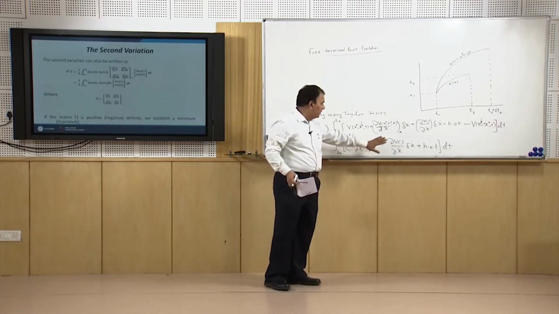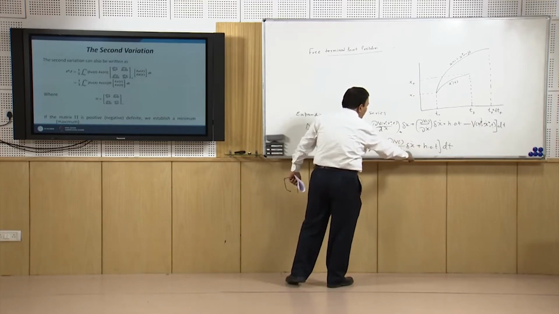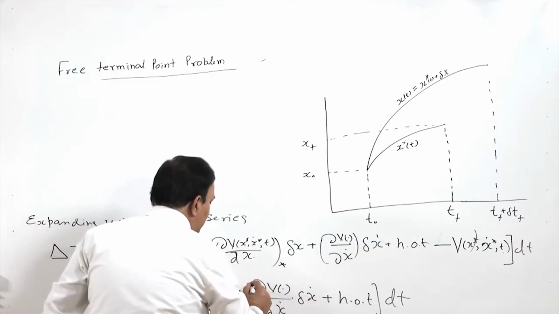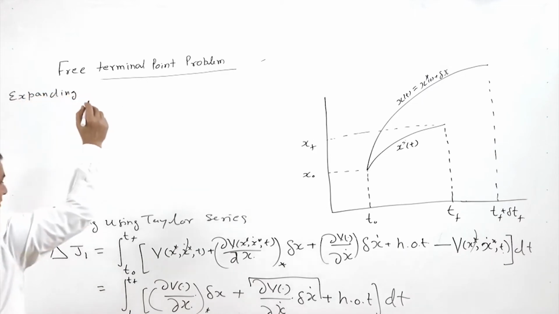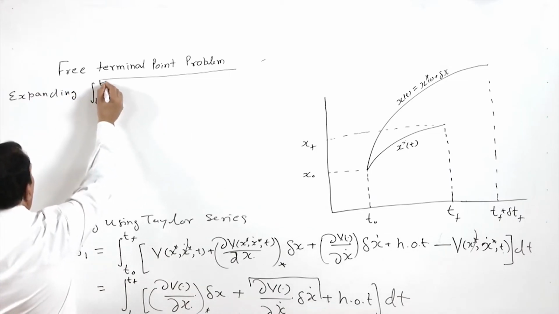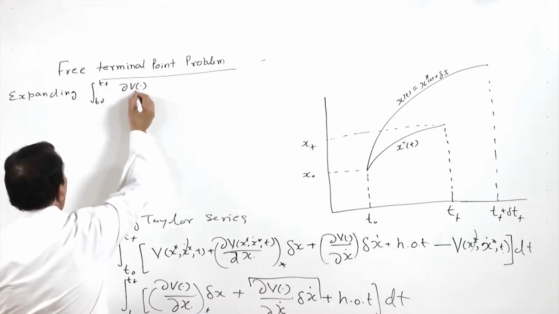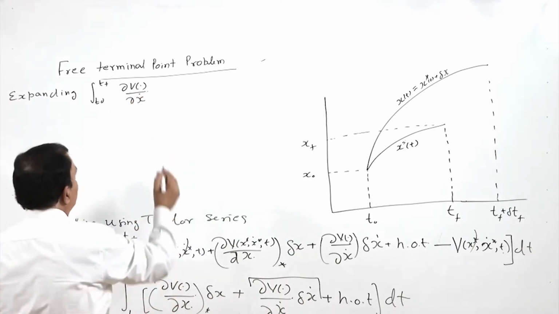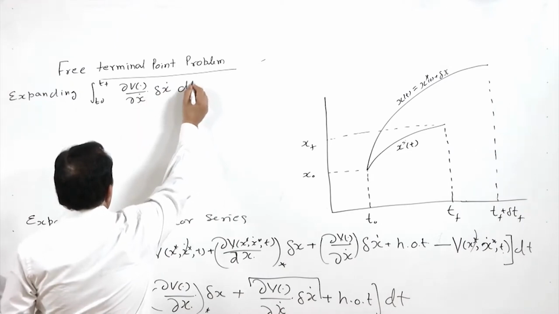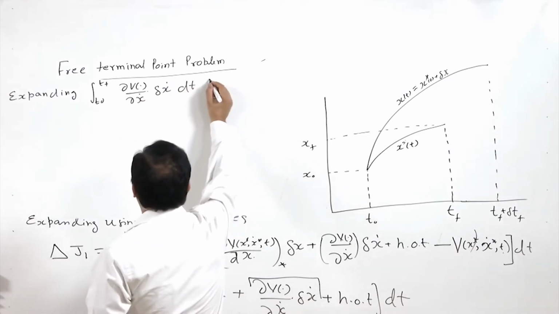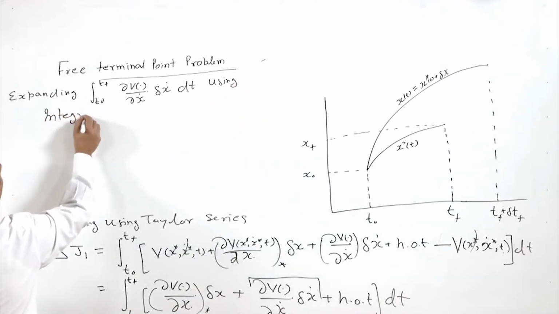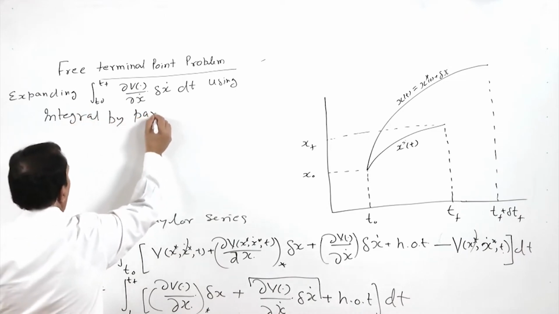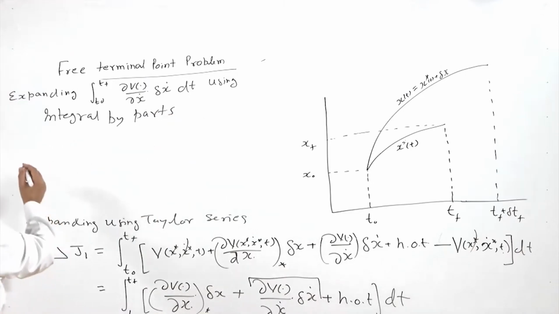So, delta J1 I can represent it by this. Now in this case, if I expand this term, the integral from T0 to Tf of del V by del x dot, delta x dot dt, using integration by parts, this second term gives us, so we will get